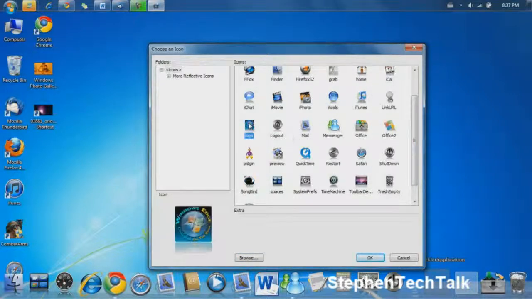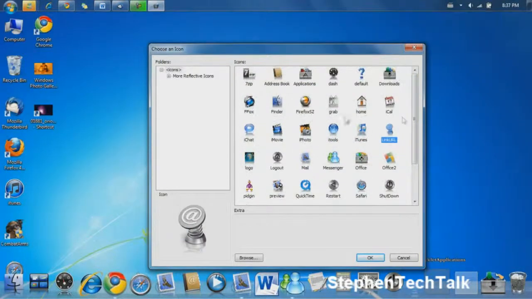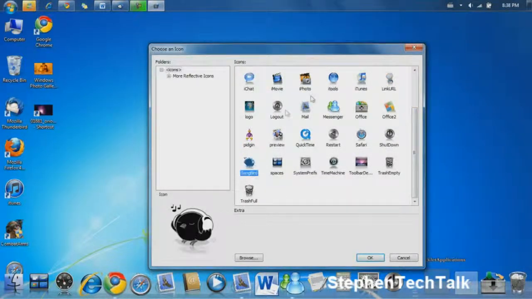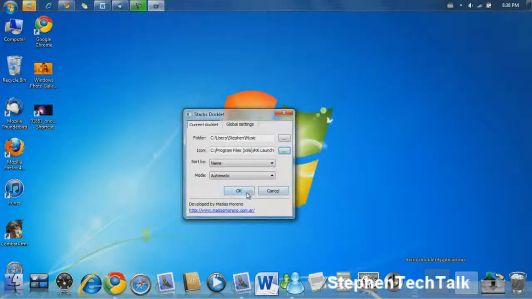I think that's basically it. Well, I guess I'll just use Songbird. And yes, use Songbird and just press OK. And in here you can change